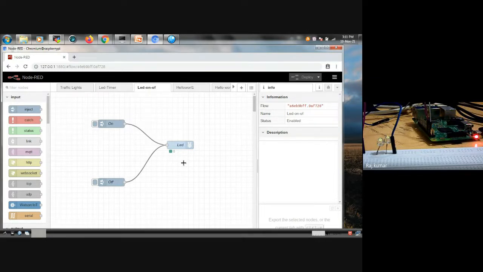These three values will be received by the temperature node, and if you want, you can store the data in a file system using Node-RED. Now we are moving on to the next one, LED timer.